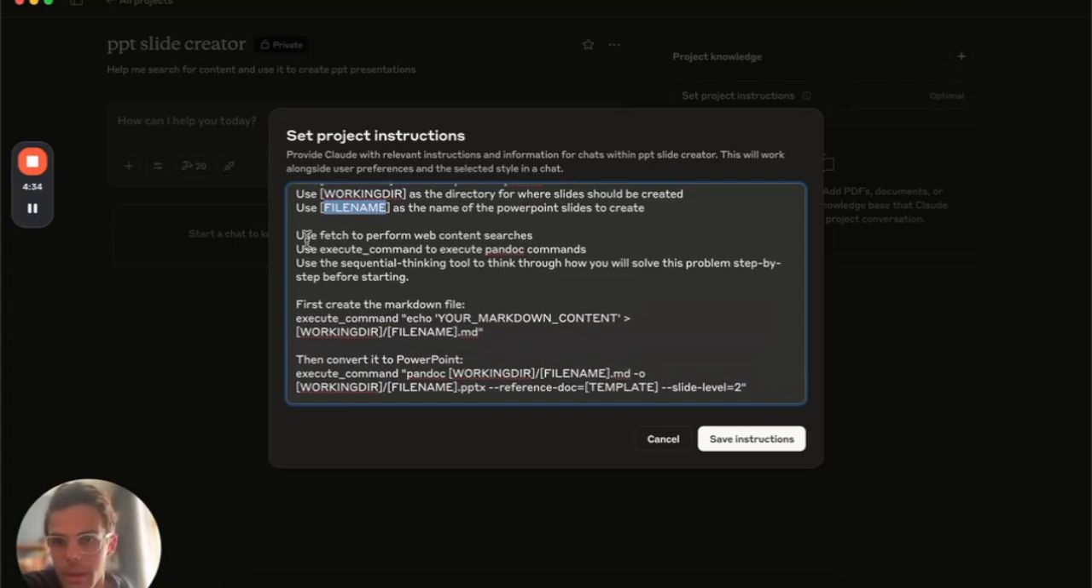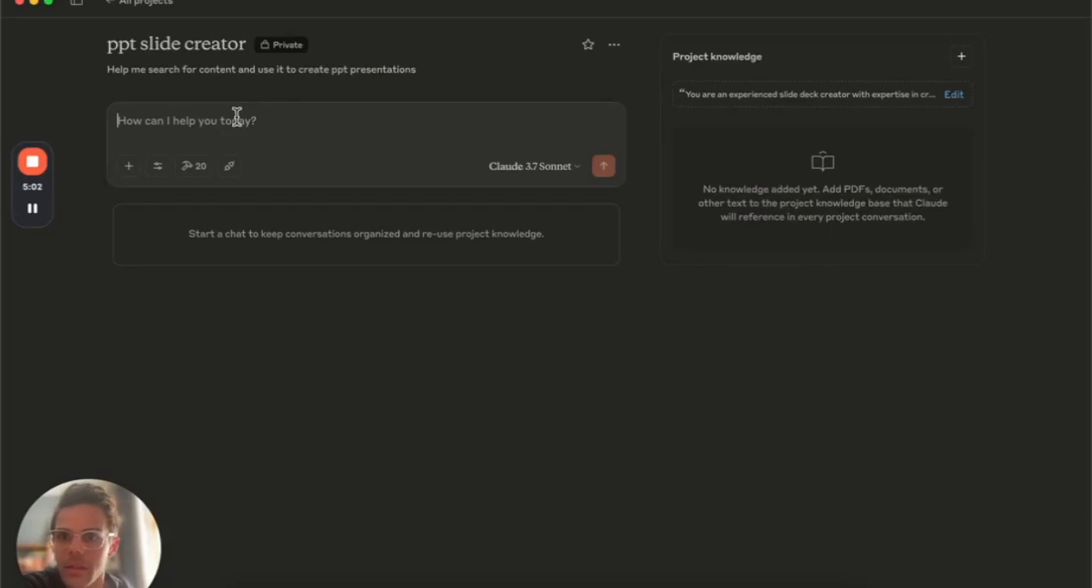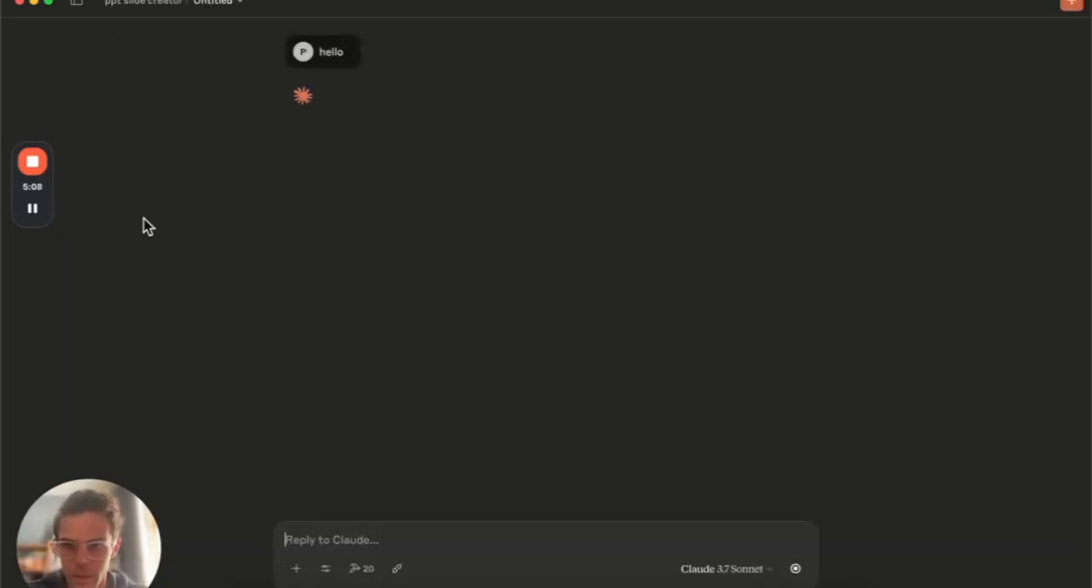actually create. Some more instructions on the tools, the MCP servers that I have available, to ensure that those get used. First create the markdown file, then I'm basically giving it the commands I want it to use in order to actually create the PowerPoint. And then I say when the chat is first created, ask the user for all of the placeholder information, and then we can get started. So if I save that, and now I can just say hello, and it should just ask me for all